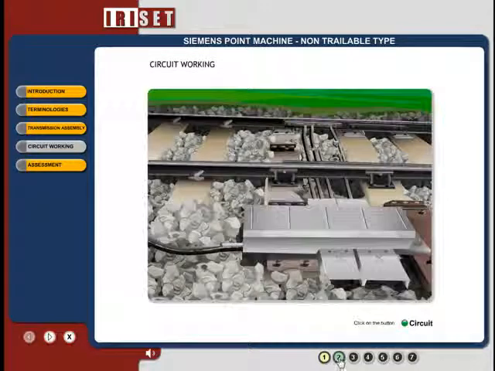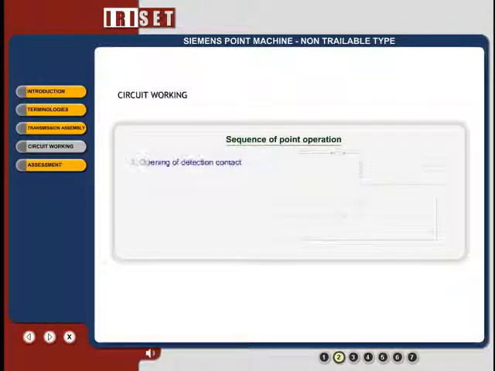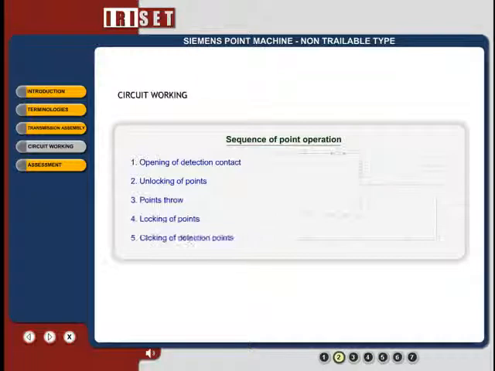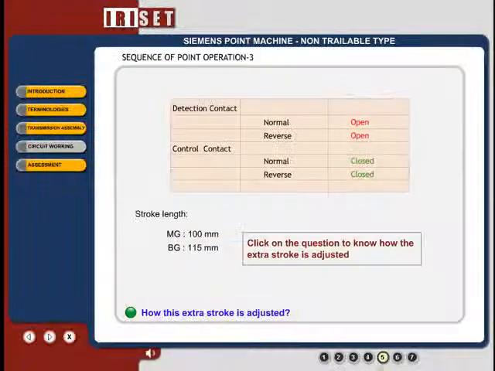Click the Circuit button. Sequence of point operation. Now the switches are free to move. The throw bar connected to the point by means of a driving rod has a stroke of 143